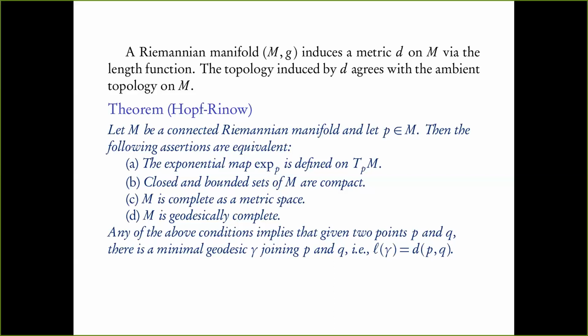But I could have just not mentioned that it's complete and said look at R2 minus 0 and look at the exponential map. The exponential map really looks like radial lines emanating from a point, and radial lines cannot exist for lines which go through the origin, right? So for that reason the exponential map will not be defined, and the other things are not true. So in some examples, like I said, I gave you the stereographic example where completeness is not immediate, but it's kind of obvious.